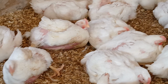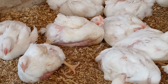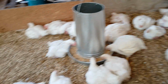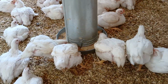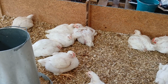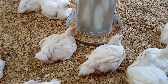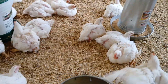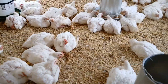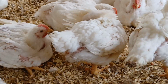And see, there's an underbelly. You can see the quills of the feathering. There's a little bit where it goes in, but for the most part on that underbelly, they're just not growing feathers in there. So we always want to inform that it's not that any of these birds are fighting and pulling each other's feathers off. It's not that the condition of the bedding is causing rubs that is breaking the feathering off of the underbelly or anywhere else. It's just normal for Cornish Rock Cross meat chickens to appear to have fewer feathers than their